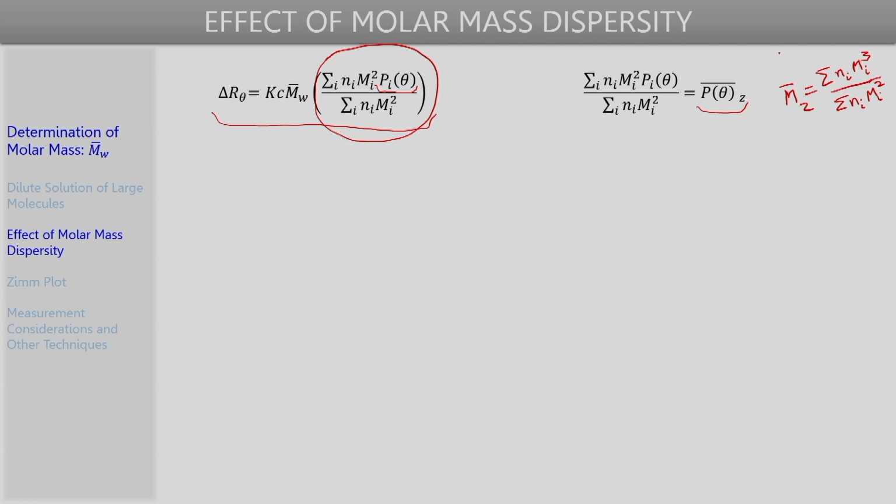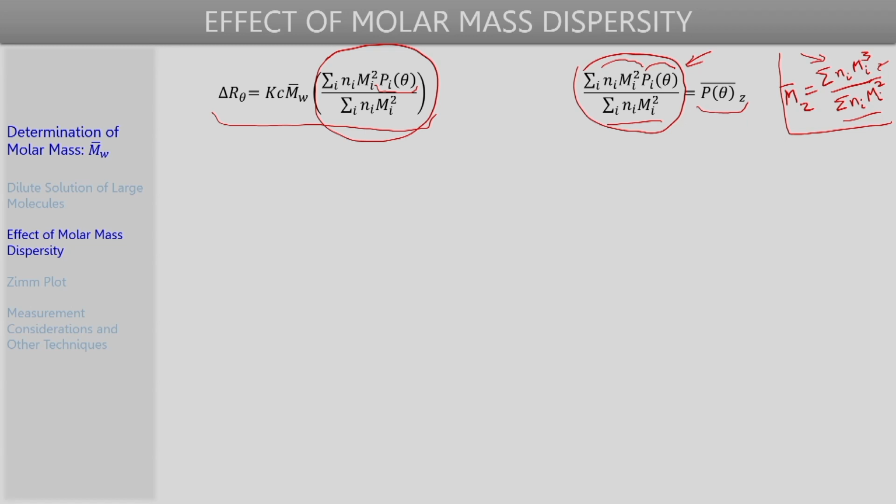If we compare this definition with this term here, we see that there is a lot of similarity: the denominator is the same, and we can consider the numerator here to be Ni Mi square times Mi, and here we have Ni Mi square times Pi theta. So, this is the z average of the molar mass of the polymer sample, whereas this quantity here is the z average of the P theta of the entire polymer sample, which shows a